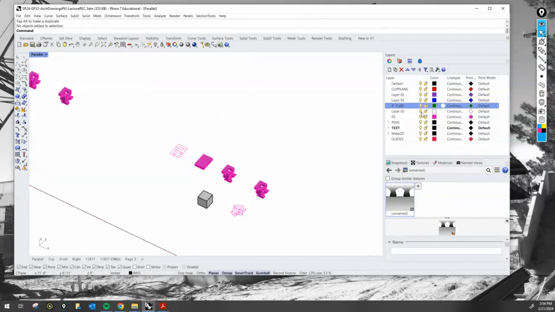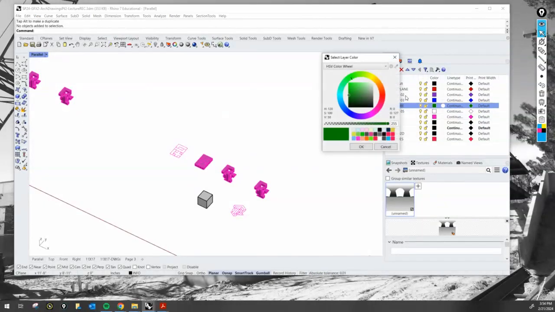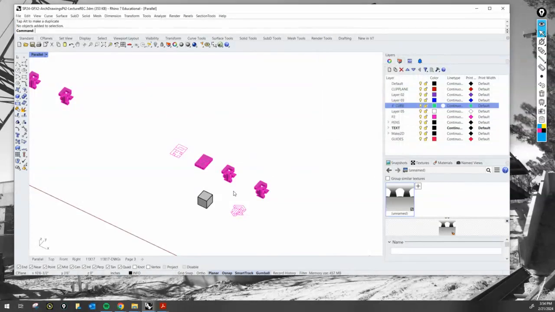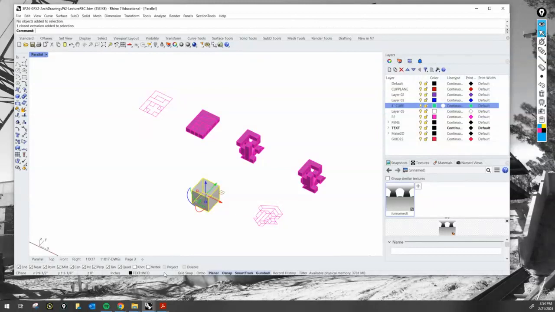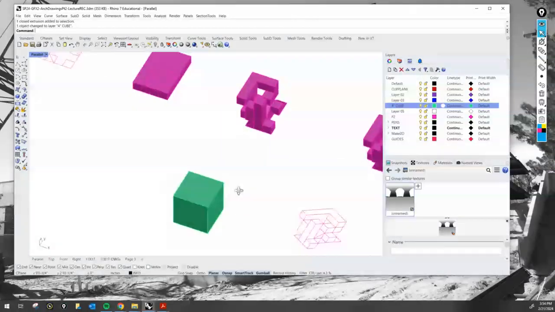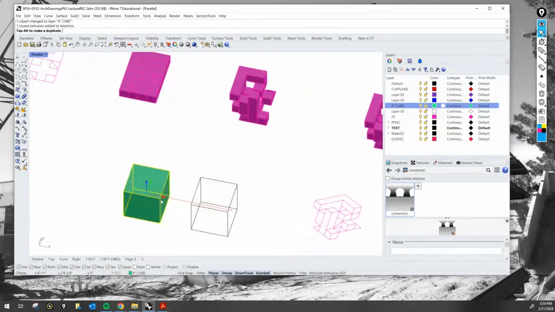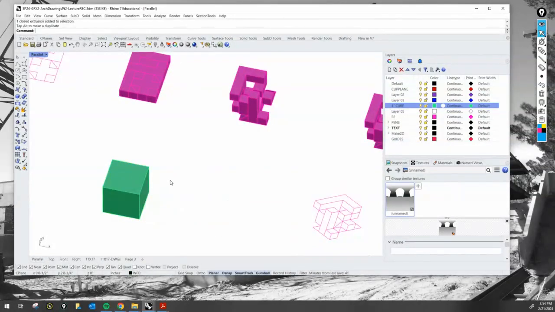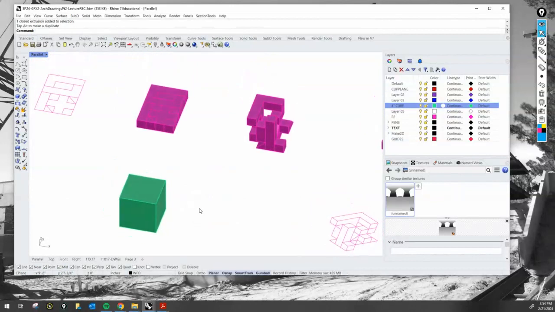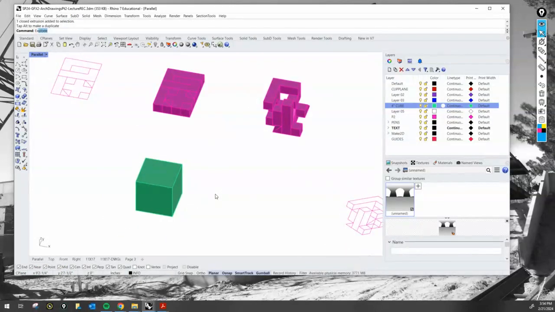Okay, 4-inch cube, and give it a different color so that I know that we kind of touched it. Okay, select the object, and then assign it the new layer. All right, now I'll show you guys a command some of you might be familiar with, maybe not. It's called extract